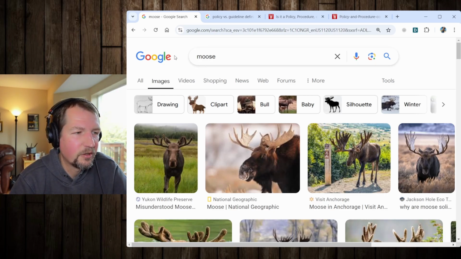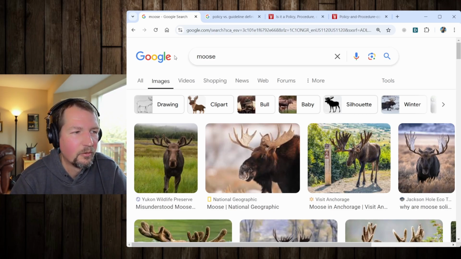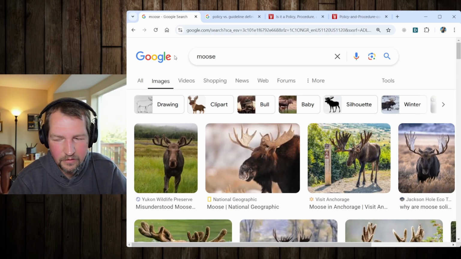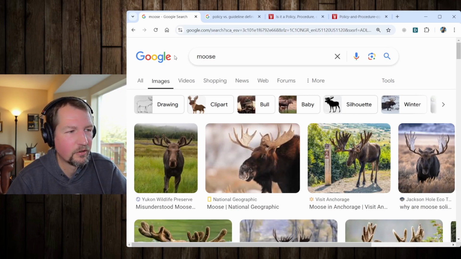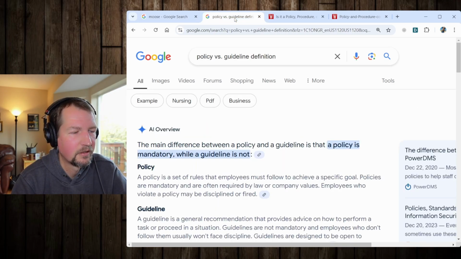So today our topic is policies versus guidelines. We're going to talk about the difference between these, what they mean, how to recognize the differences, and how to communicate the differences to your employees properly. So that's our topic. So let's start with the basic definitions of policy versus guideline if we look them up